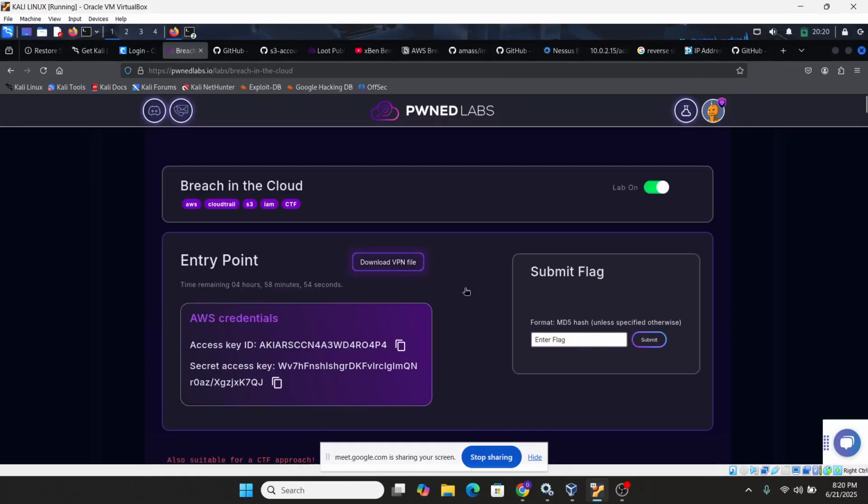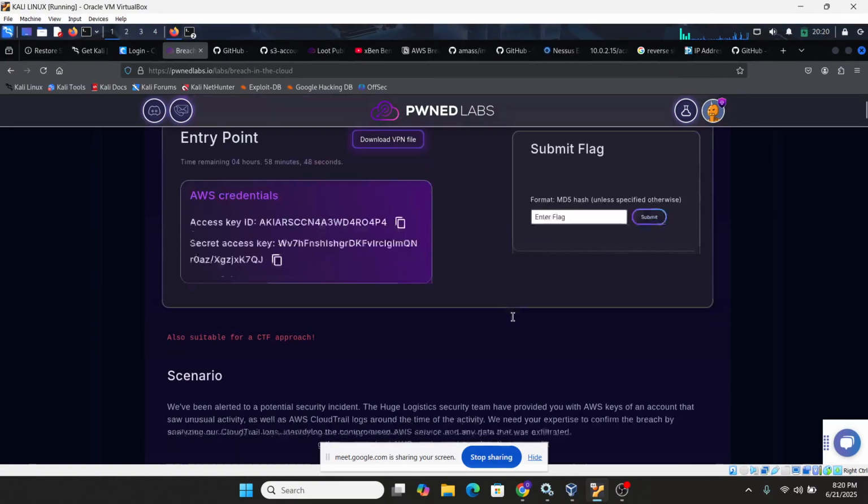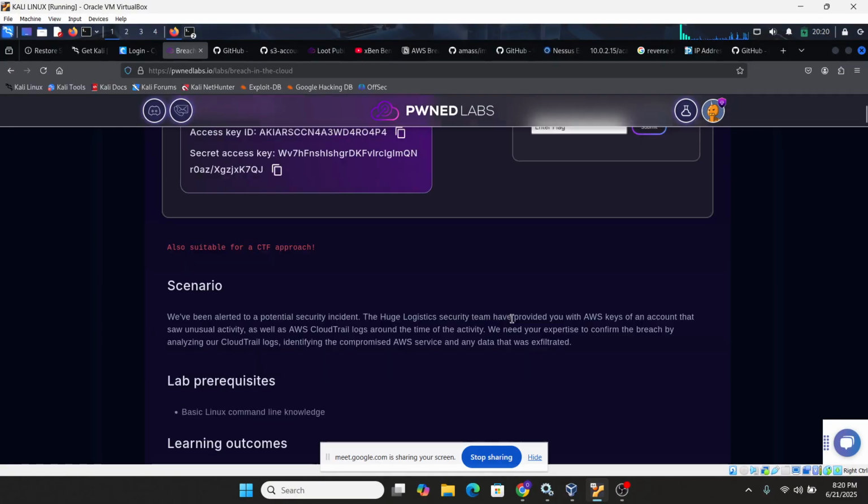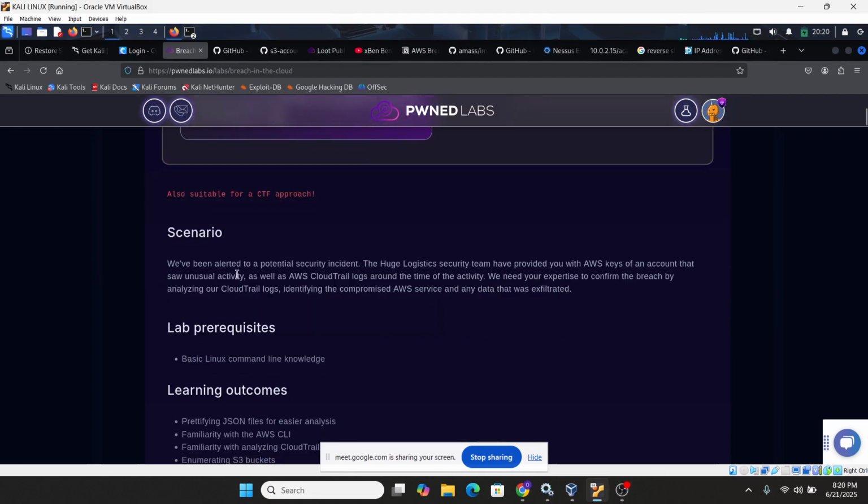So coming back here, this is breach in the cloud, the lab. This lab is suitable for a CTF approach. The scenario is that we've been alerted to a potential security incident.